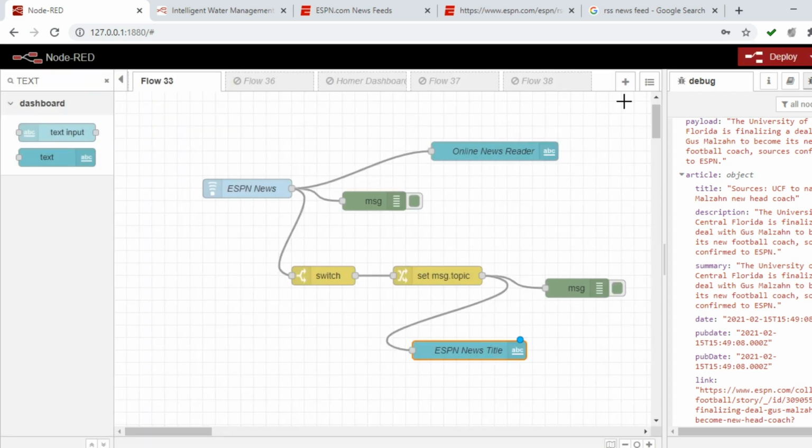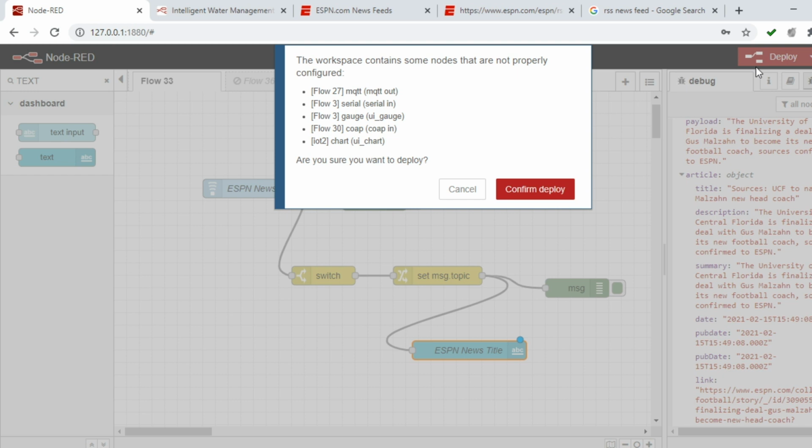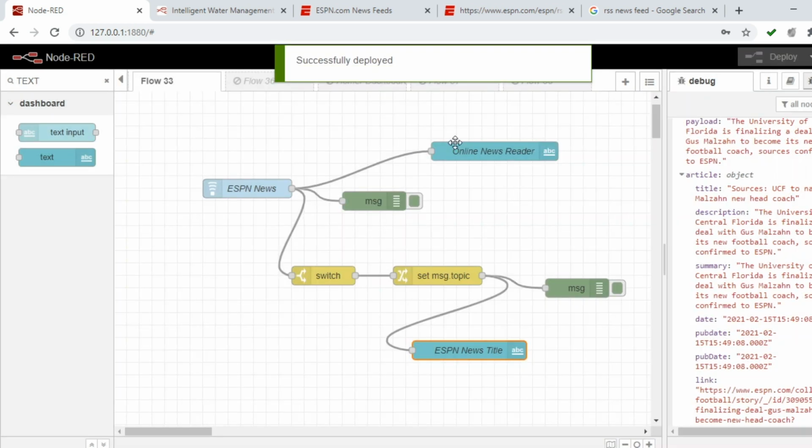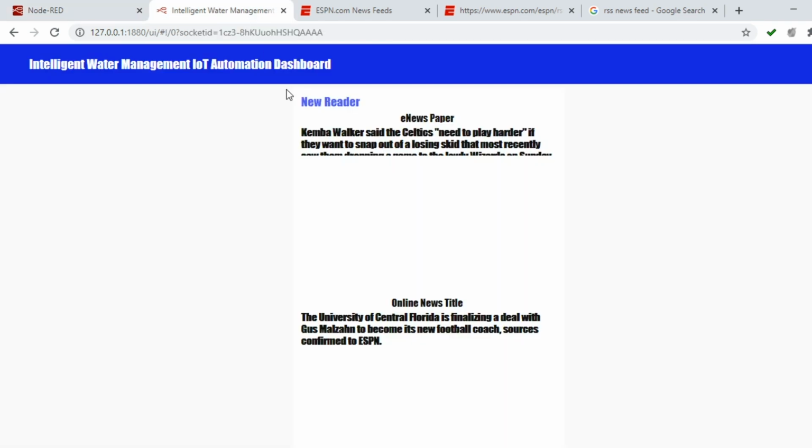Click done. Deploy. Confirm deploy. So see, you can see this, that university related to UCF will be displayed.